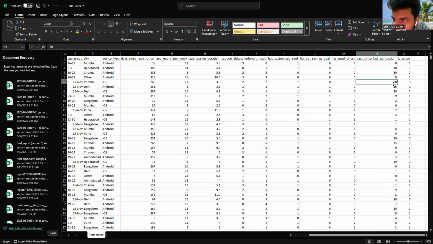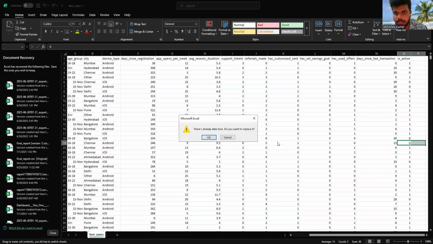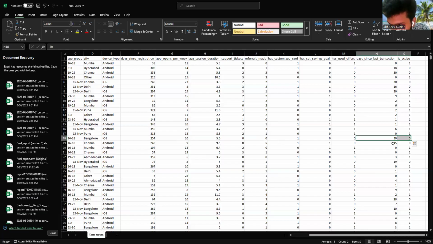I mean, this is what we will see here. For example, the person who has not transacted for the last 30 days is zero, churned basically. Zero is one, zero is one, 18 is zero. 9 is one, 2 is one, 6 is one. 30 is zero, 15 is zero, 19 is zero, 3 is one, 4 is one. If you see, there may be a specific number of days after which a very large population has churned because they have not done transactions. I don't know. I guess you got a good idea at least about